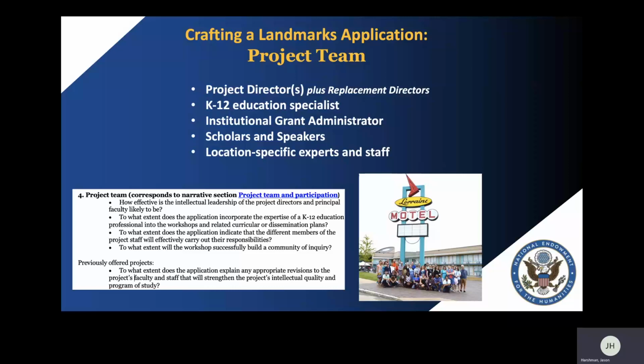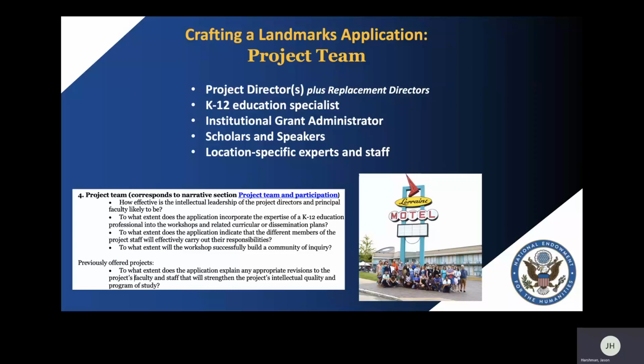The intellectual significance of your program relies heavily on the quality of the scholars and presenters you invite to lead sessions with the participants. Who can help you ensure your Landmarks program will address multiple perspectives and multiple ways of interpreting places and topics within your program?